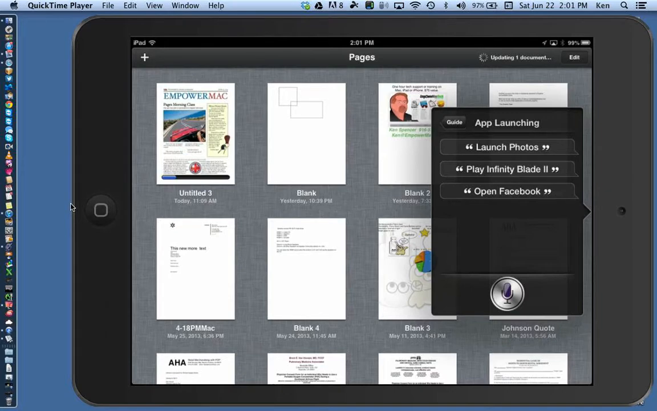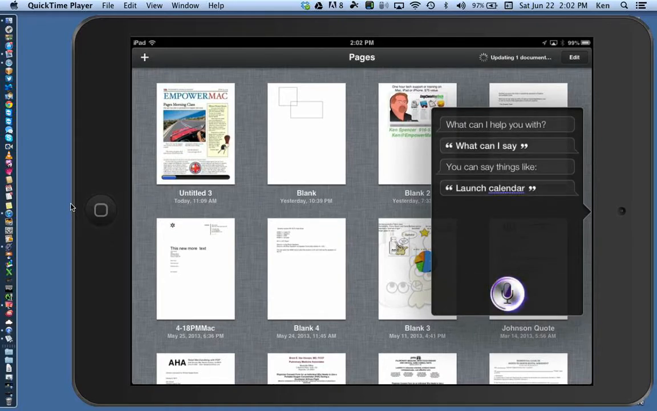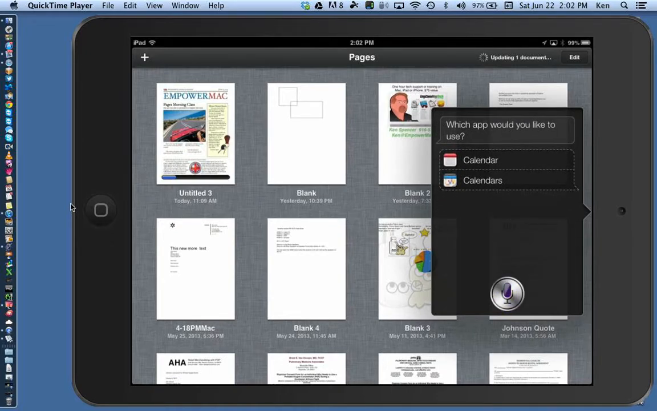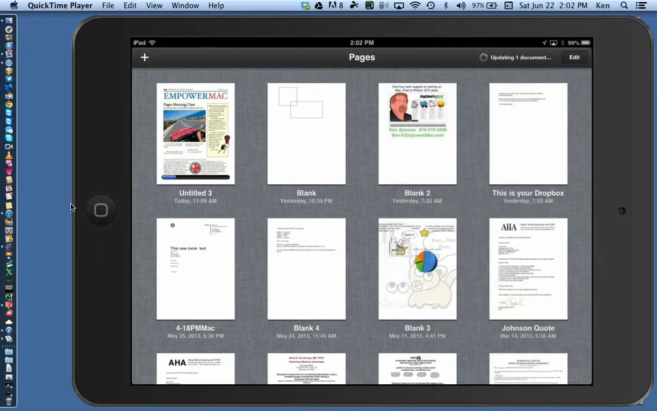Now, I have a problem because I have a couple different calendar apps, and I'm testing some different ones. So if I say launch calendar, it asks, which app would you like to use? Which Calendar one? I have both of those, and I just hit Siri to cancel. So it all goes back to